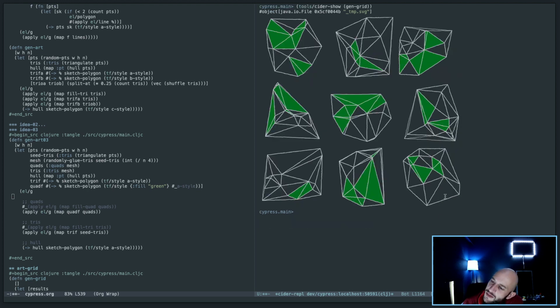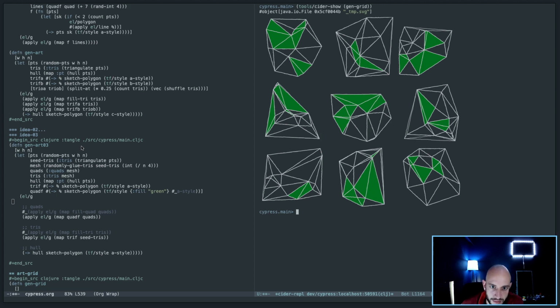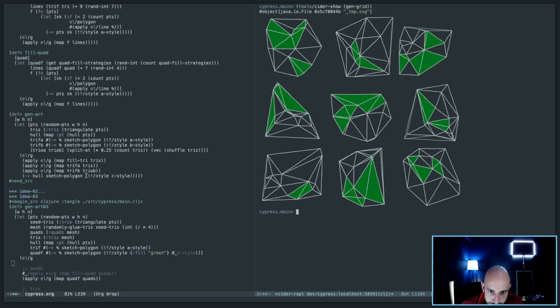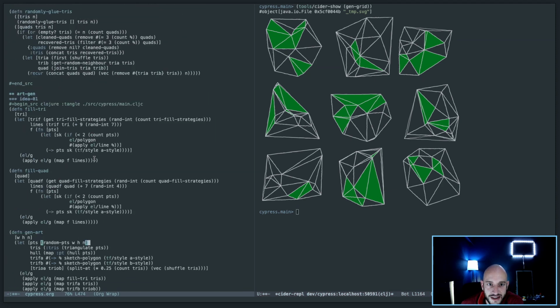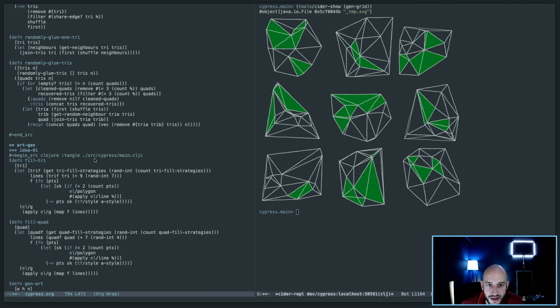Although there is something to be said about having to focus on things, right? That's the only thing. I'm pretty sure the only thing going wrong here is... well, let me try this. I hope for that too, and I stay for hours on tangential matters. Yeah, I get it. It's this function here, randomly glue tries. I think I've got some faulty logic with